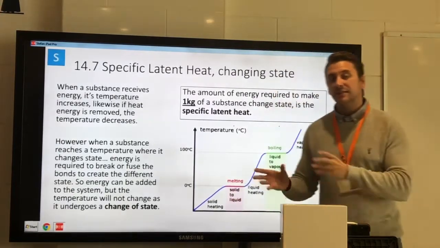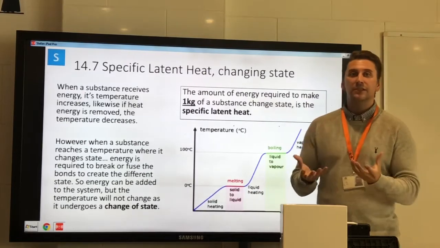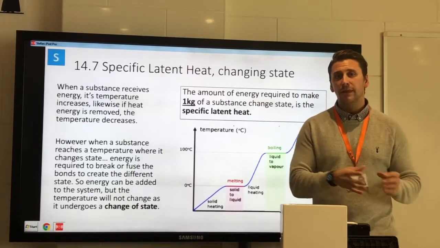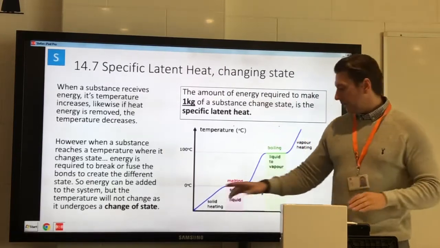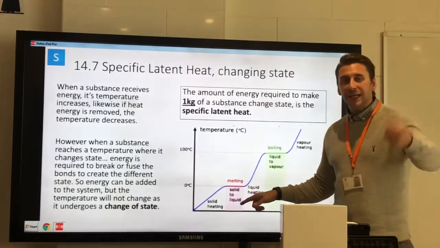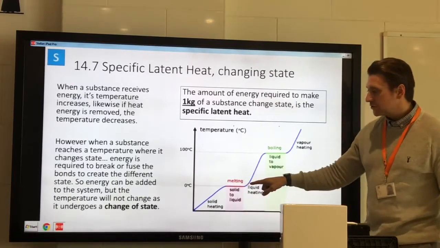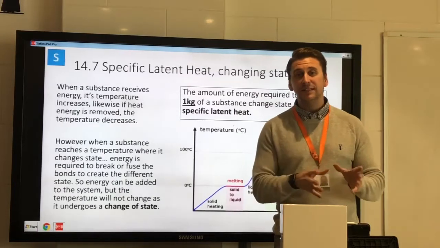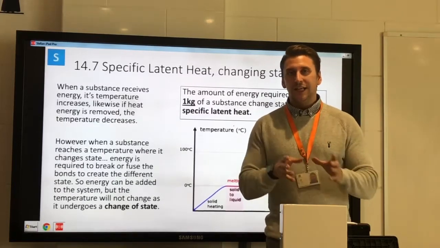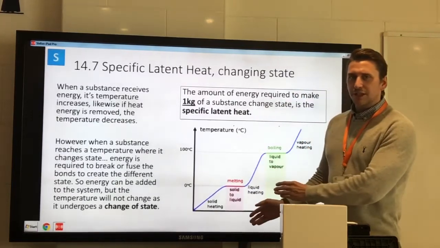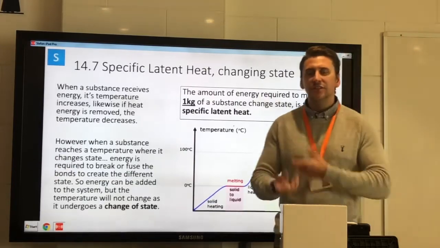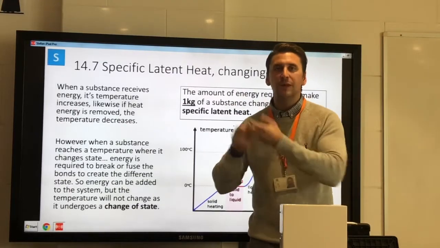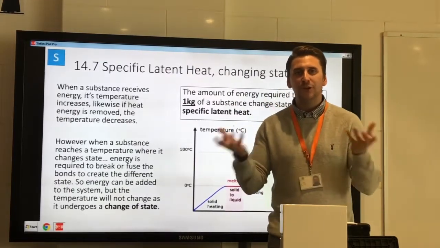Now what happens at 0, as we know now, is the melting point of ice, where ice from a solid becomes liquid water. At that temperature, if you kept adding thermal energy, you keep heating it, the temperature doesn't change. So what's happening here at 0 degrees is that the ice is melting, it's undergoing a state change. So the temperature is not changing from 0 while that ice is undergoing the state change and becoming water. So where's my energy going? If I keep inputting thermal energy to the ice, why is the temperature not rising?